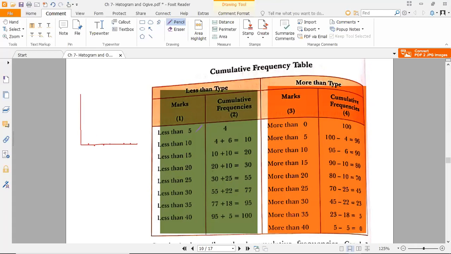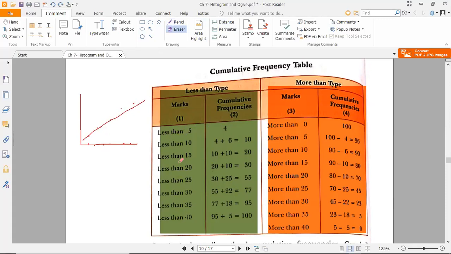For the value of 5, we are making the less than type. For the value of 5, the cumulative frequency is 4, so we'll be making a point here. Then less than 10, the value is 10, like that, and so on. The value will go on. So your less than type ogive will move on like this, from bottom to up.